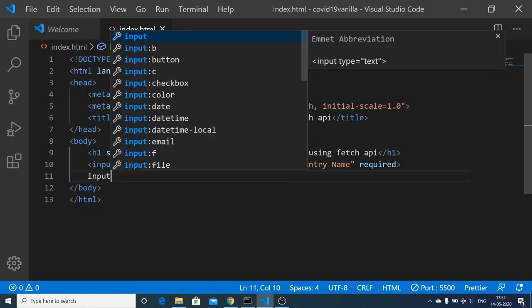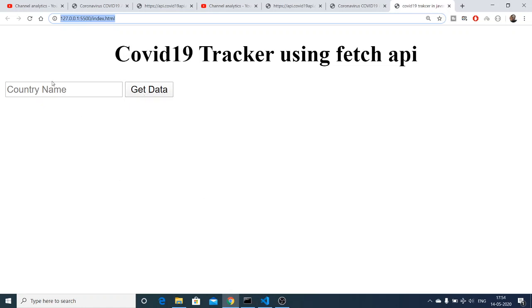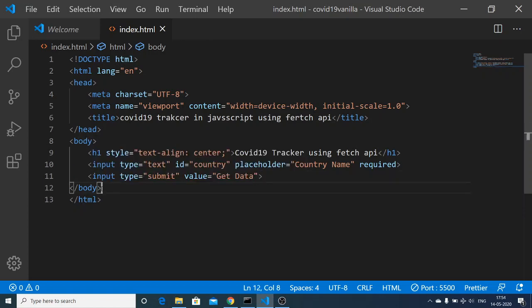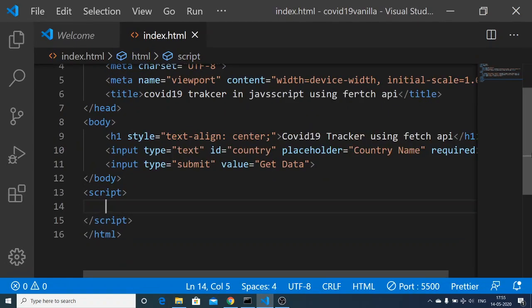After that we will have a submit button, in order to submit the form. The value will be get data. Now if I refresh the application, you will see this is the simple form. Now we just need to write our JavaScript code. So right here, just give it a script tag. First of all, we need to target the input that we have configured. So here we can get the input reference